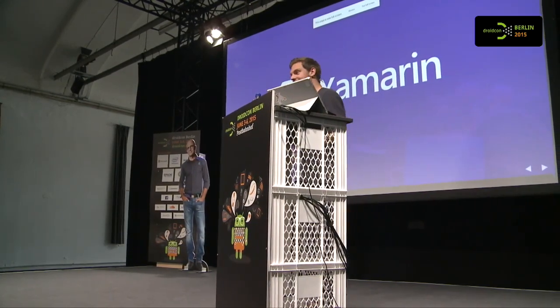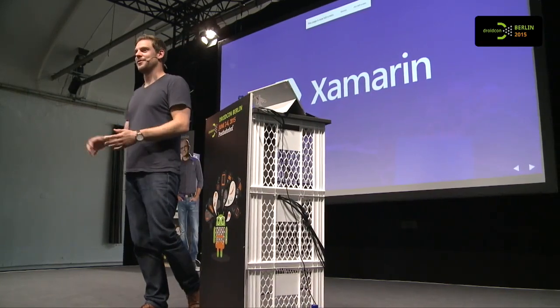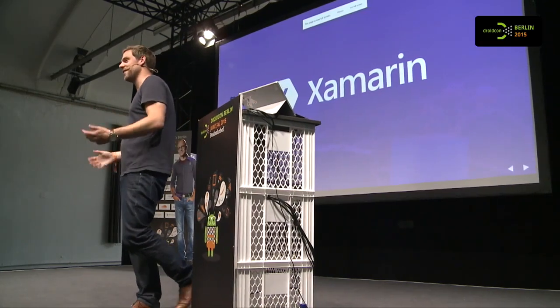The major downside is, it is so good that they charge money for it. We can't really change that. We're not Xamarin, it's an independent company. But it's so good that I have to mention it. It's kind of amazing. So what actually happens inside Xamarin, just to briefly talk about it, is